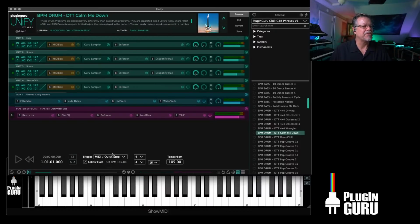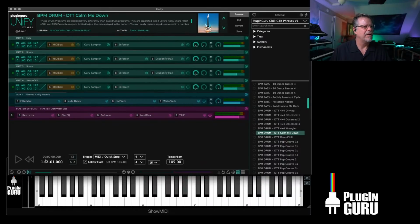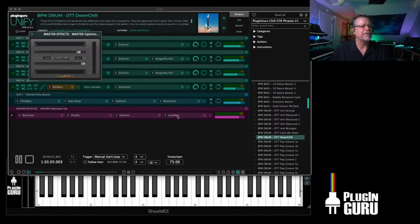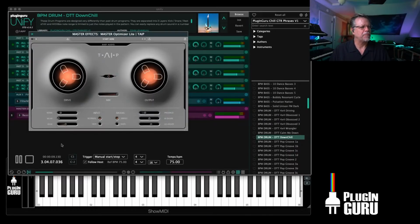Let's turn off MIDI latch to quick start, stop. Why isn't this, oh, don't follow host. I'm in standalone Unify, so this is perplexing to me. What is going on that's making it not work normally? There, now it's working. If I call up tape, I just got to show you the tape spinning around. It's kind of cool. So since it's playing,